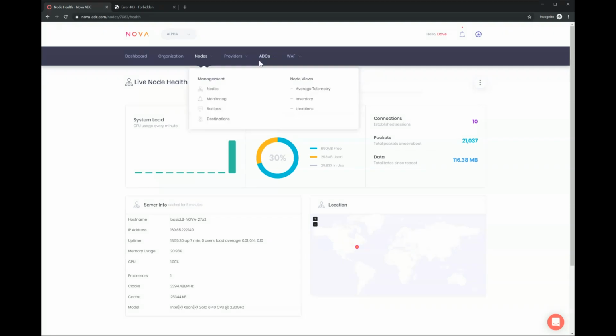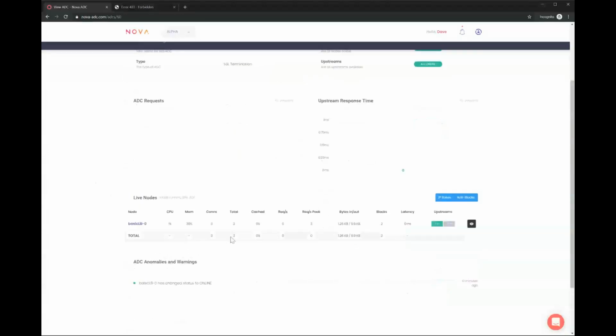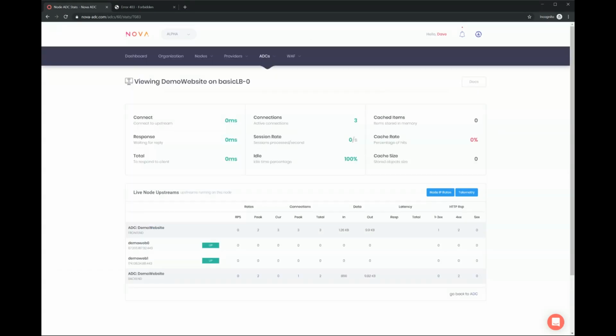So we now will also have some stats on our ADC. So again, you can see all of this data just centrally from your control panel. We had 3 requests, 2 blocks. Obviously, one was probably a favicon or something like that. And you can start to see all of that live data here. And we'll start to profile how many responses for each server, and things like that. These were all sitting on the front end because the WAF blocked it, obviously. So none of the servers got the traffic, but we'll fix that soon.